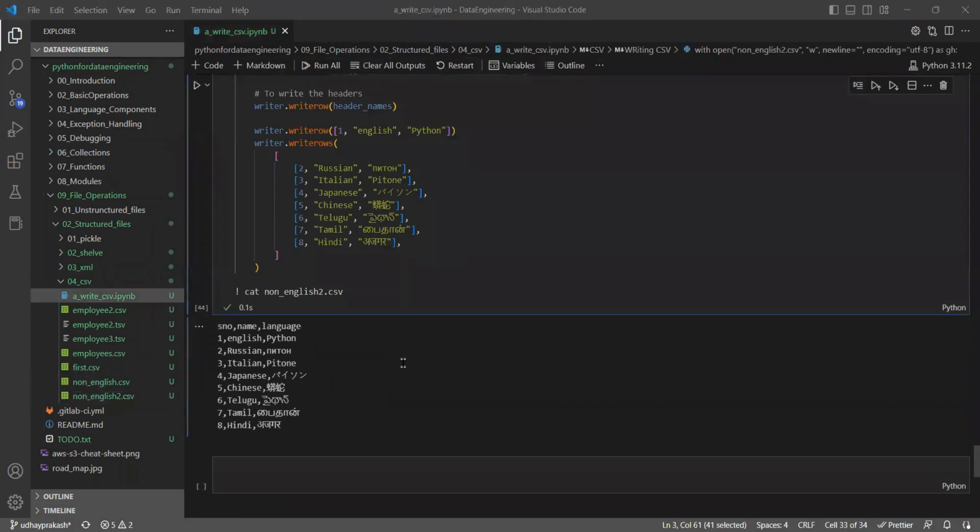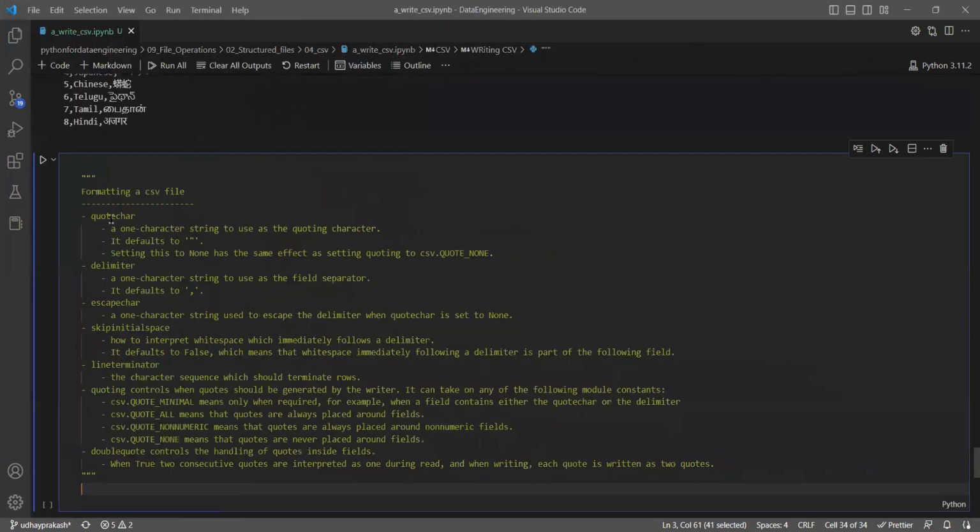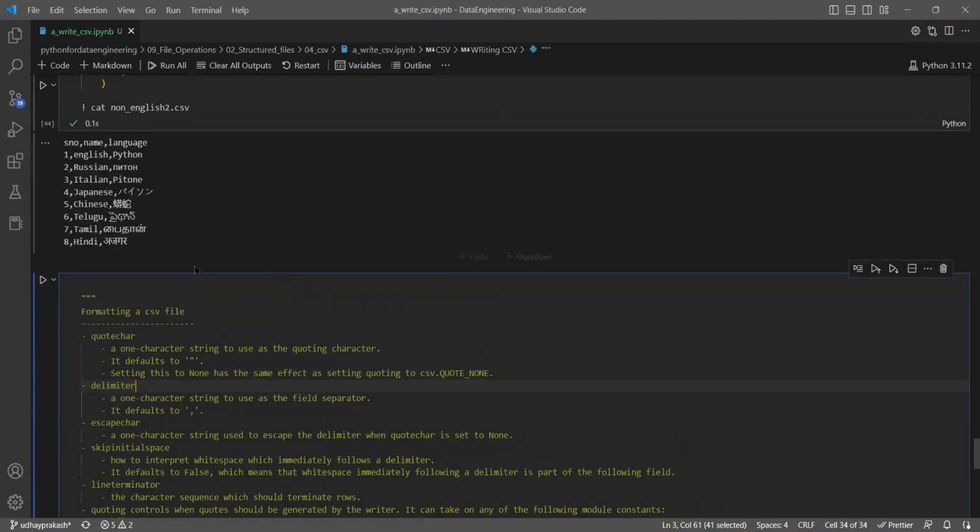So like this, there are different ways of doing things, and I can add different kinds of dialects, which I showed. If you want to further format the CSV file, there are different options for you. You can make use of them. You see the quote characters: whenever we have a character within a word, say quotes, how do you handle it? Or if you have commas within your field, let's say your name is,